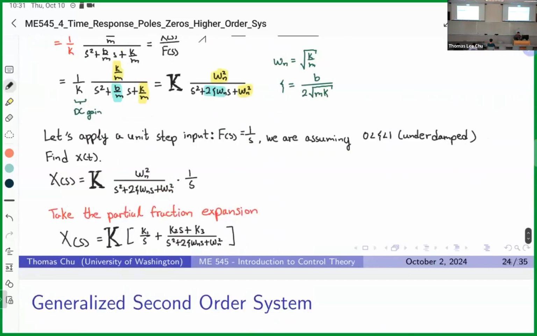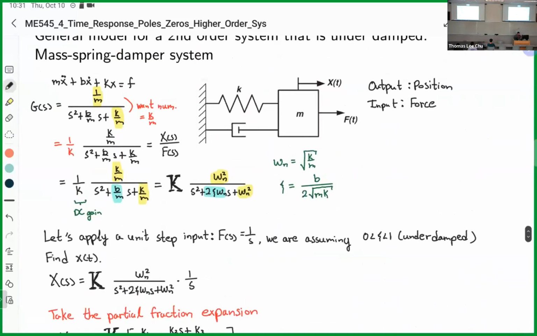So we're going to finish that up, and then we're going to move on to higher order systems, and then we will move on to lecture 5, which is going to be on chapter 6, which is stability. We covered chapter 5 already, which is block diagrams. One other thing